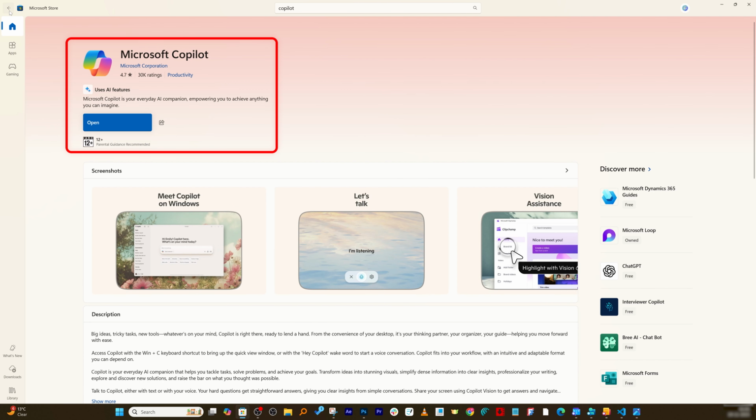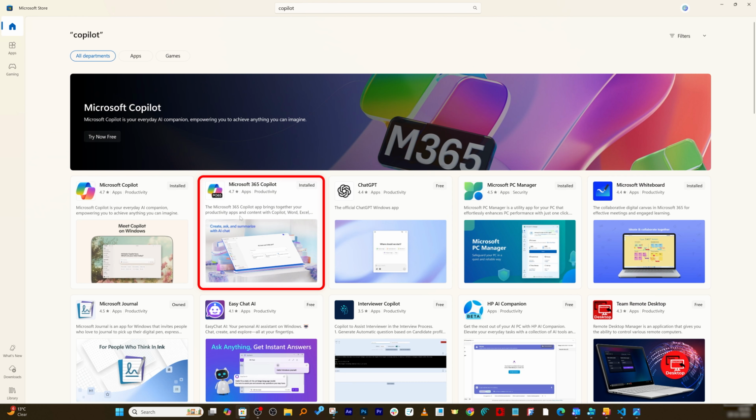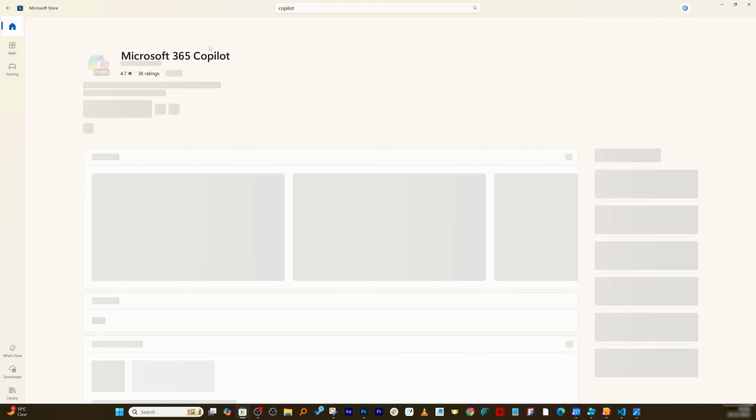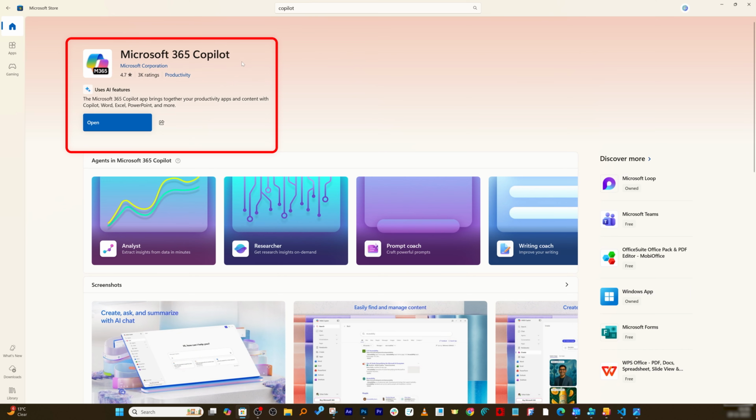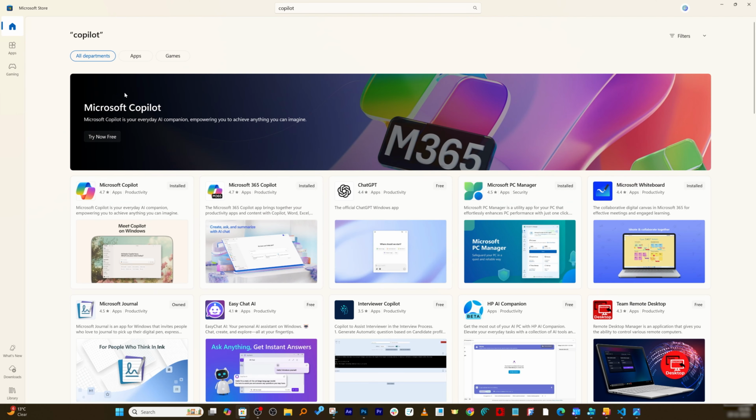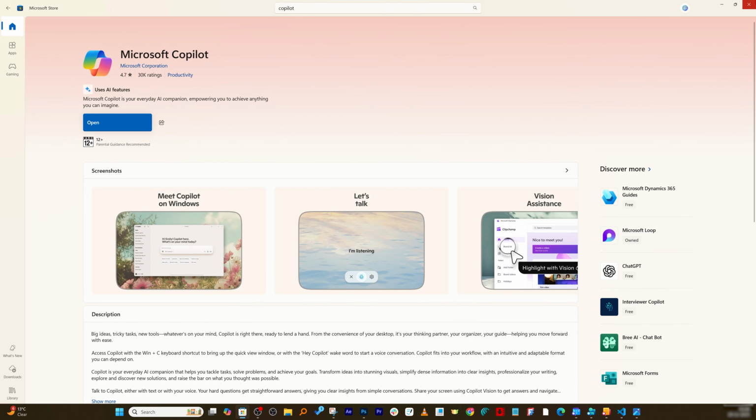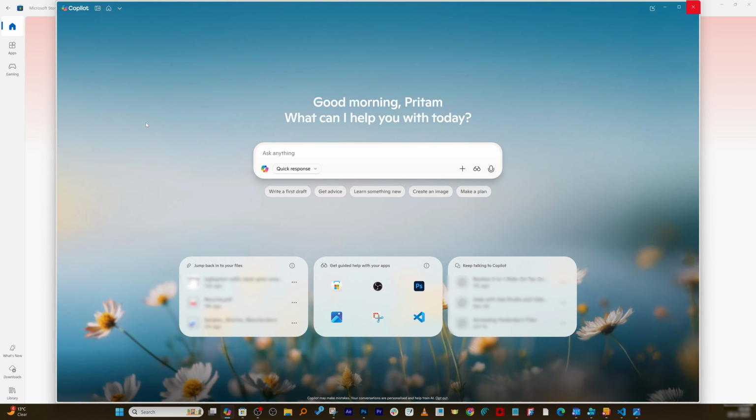it is already installed. Now there is one more Copilot, so do not get confused with this Microsoft 365 Copilot, because this one is Microsoft Office 365, now renamed to Microsoft 365 Copilot. Once you have Microsoft Copilot, then you're going to open a plethora of opportunities to step up your game in terms